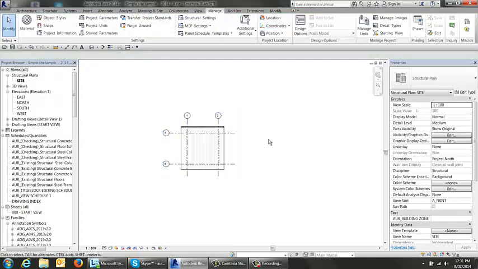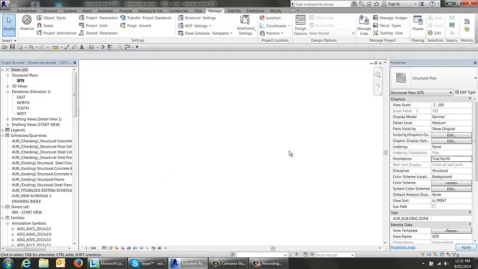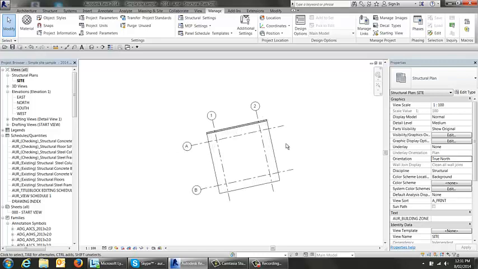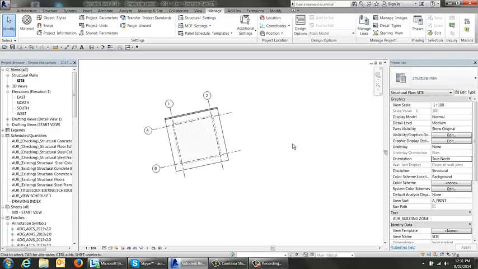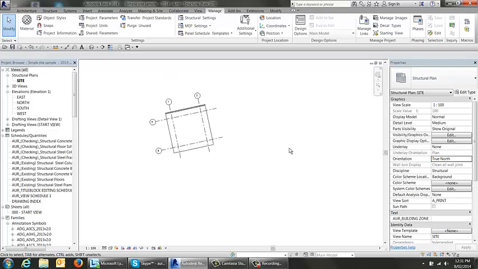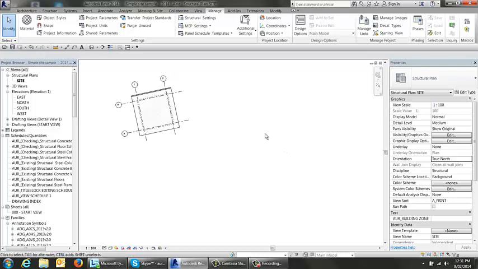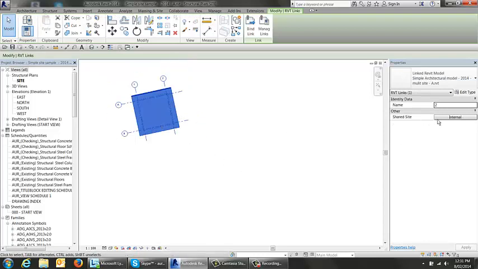Okay, so now we know what's happened. I've hit acquire, so I'll now change the view to true north, and there's our building location spun around in terms of true north. So I'll leave it in the true north view, and now I'm going to just click the model again, and